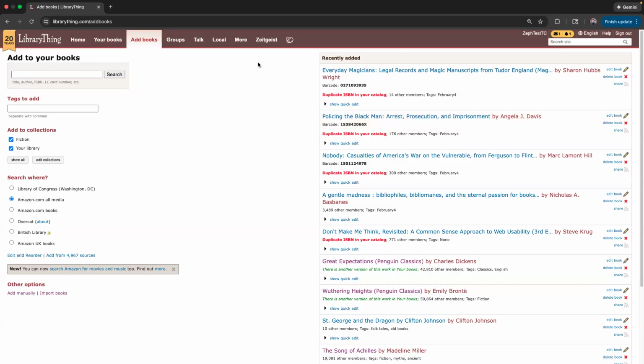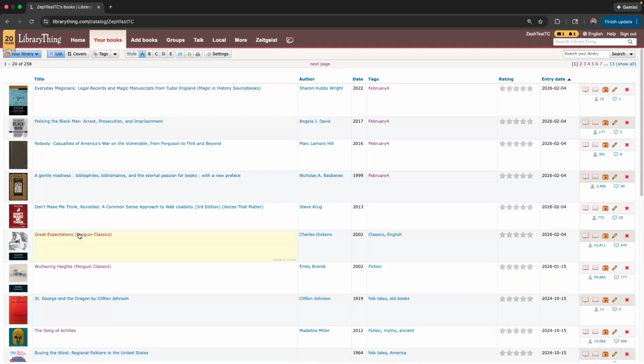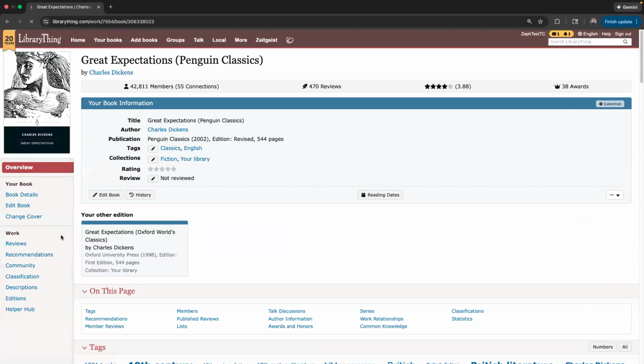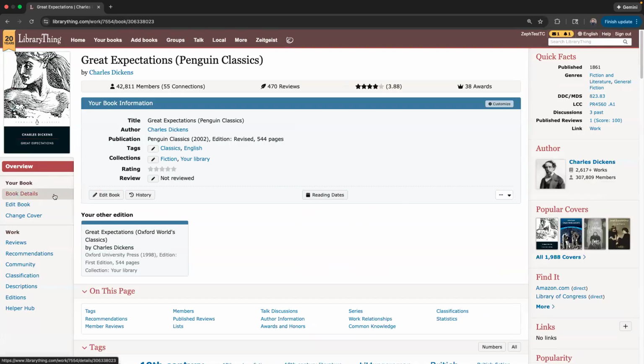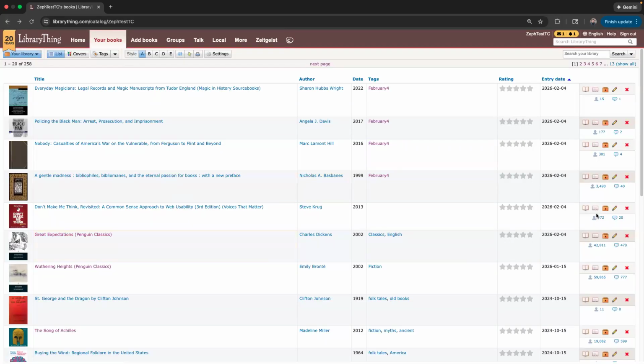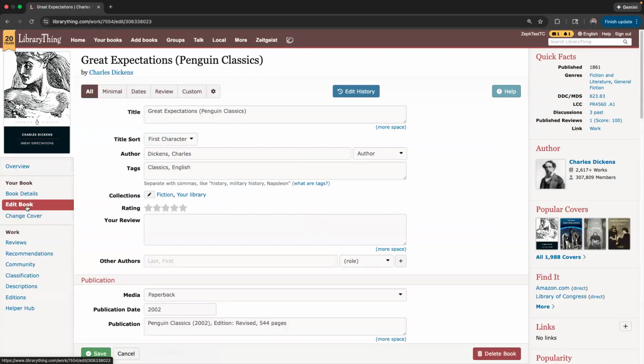So now I want to talk about editing books. Okay, so let's go back to this book. And there are a couple ways I can edit it from here. I also can see my other copy right down here. That's nice. So I can click this edit book or this edit book. And actually, even from this other page, there's a pencil icon that I can click to do the same thing. Okay, all of those just bring me to this form,